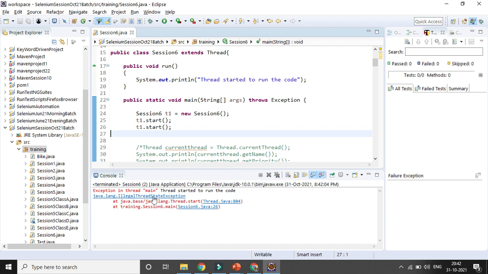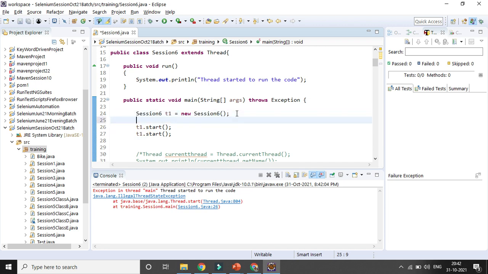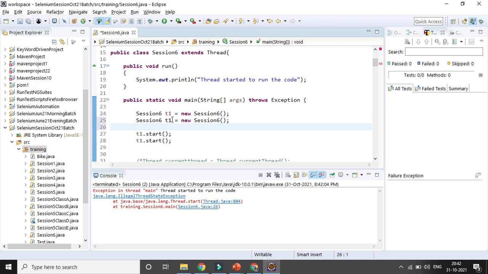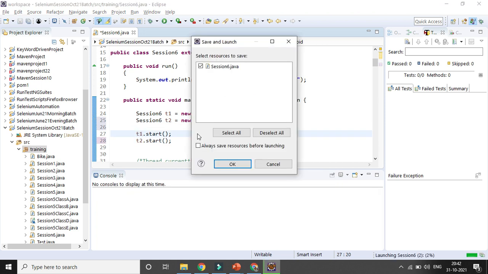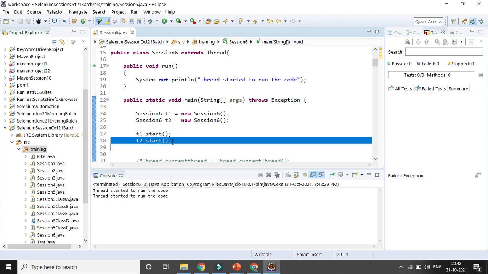Multiple instances means multiple objects, multiple threads, right. This is a thread class, so you can create multiple threads here. One of the threads is a multiple instance of the thread, and that is also a thread, because you could see it coming here. As soon as the start method is invoked, the thread will be in Run status. After that you can change the status here.